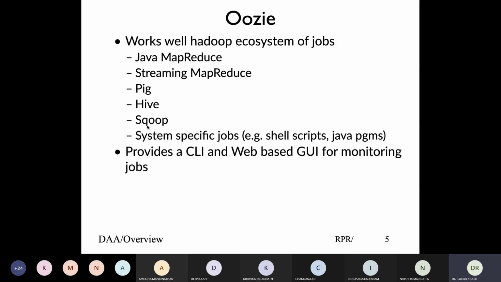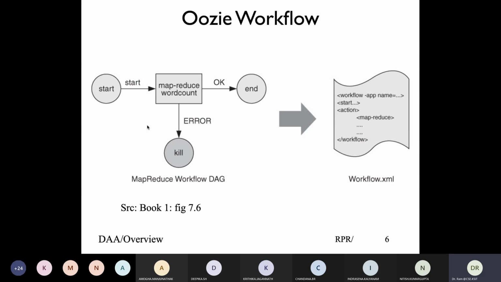You can work with Hadoop using the CLI, like we are doing with the command line, or we can work even with a UI. Both would work fine. The simplest Oozie workflow is shown in the diagram. It is taken from the book, figure 7.6. So basically you start, the first node defines actions. Once you start, then you run a map reduce job. If it is successful, you end. If it has failed, you probably indicate the error. And if successful, you write the output into the next map reduce job, and so on and so forth. So the success case, I'm defining a path by a green line. If it is failing, I'm defining it by the red line. And that is basically how the workflow works.